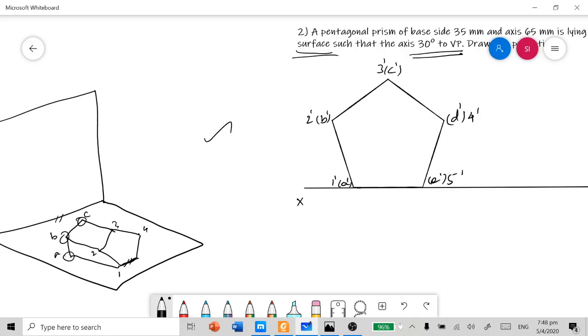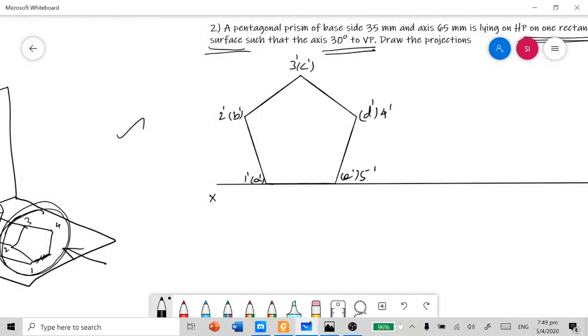Why am I giving brackets to the alphabets? Because when you see the solid from the front, the face corners, that is the numerals, are the only visible points, and the base corners, that is the alphabets, are invisible. They are just hidden behind the face corners. So I am giving brackets to all the alphabets here.